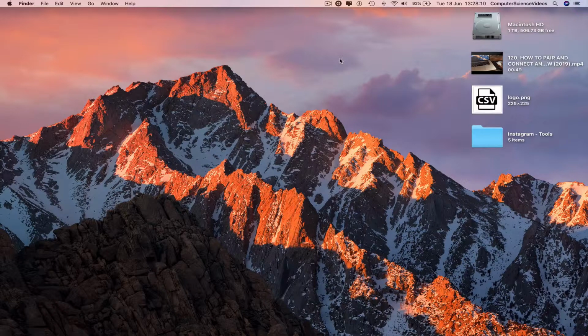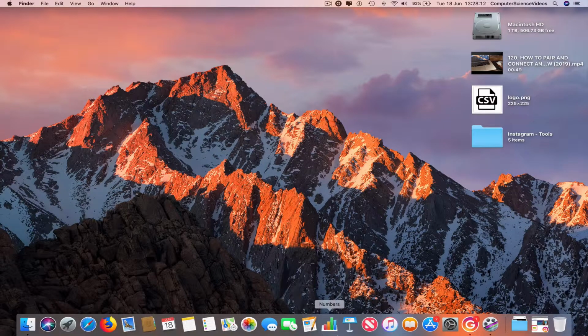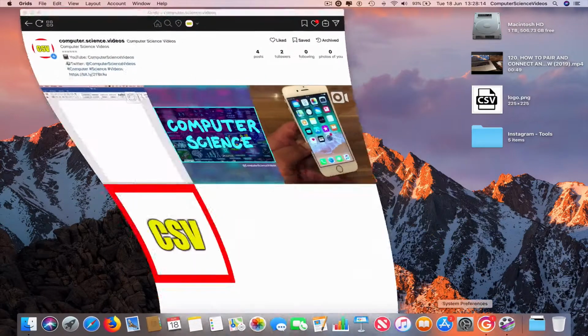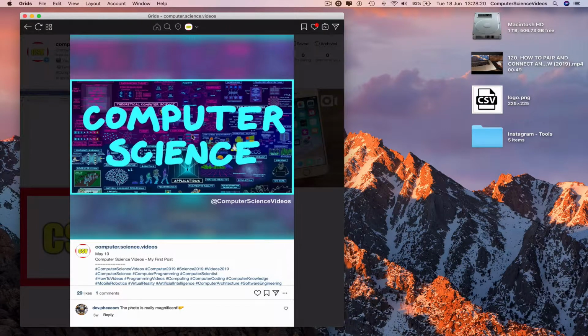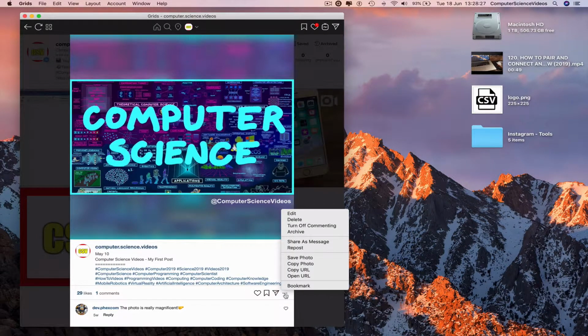So the first thing we need to do is go all the way down to the dot, click on the application itself called GRIDS, and then go to your profile, click on a photo that you wish to download, and then navigate to the bottom right corner, click on the three dots, and then we can save the photo, or